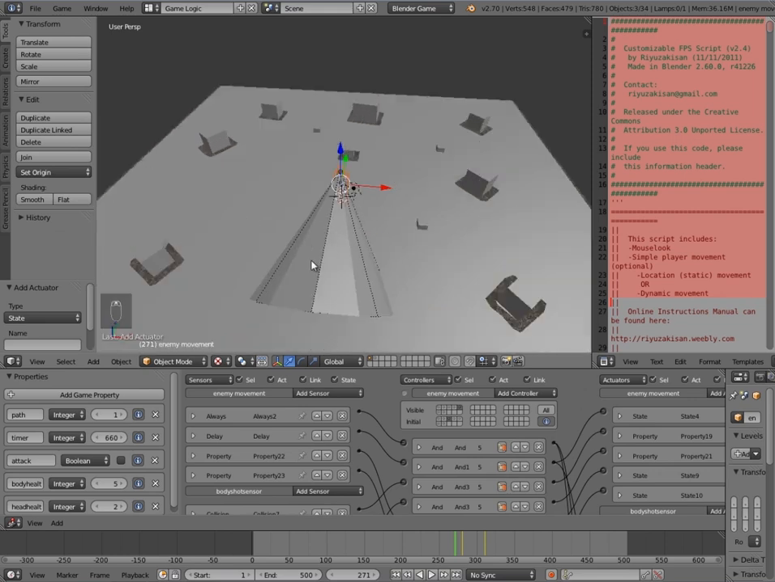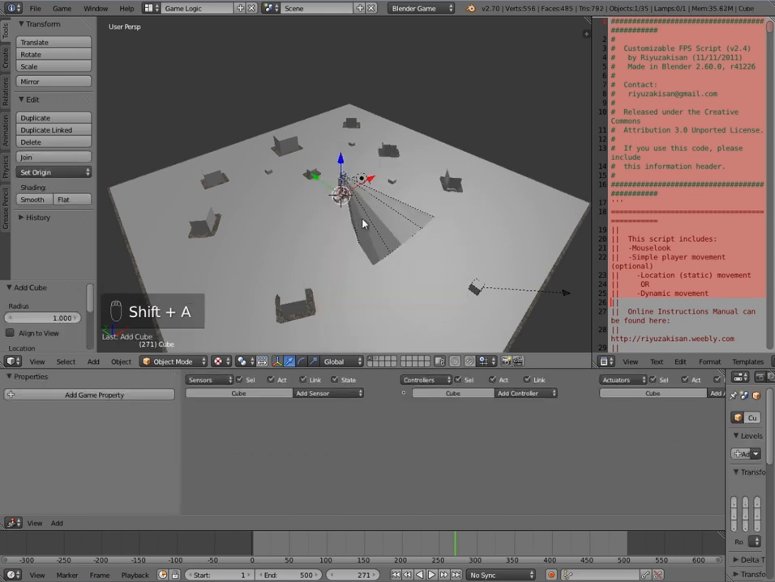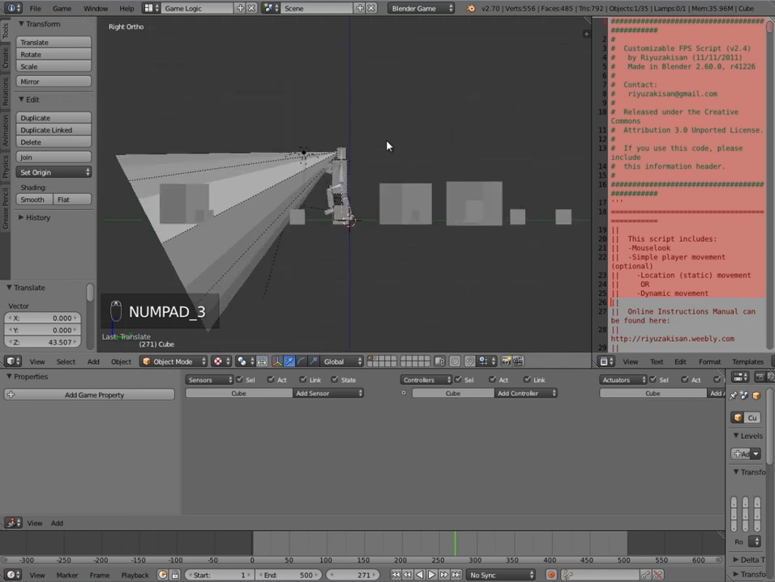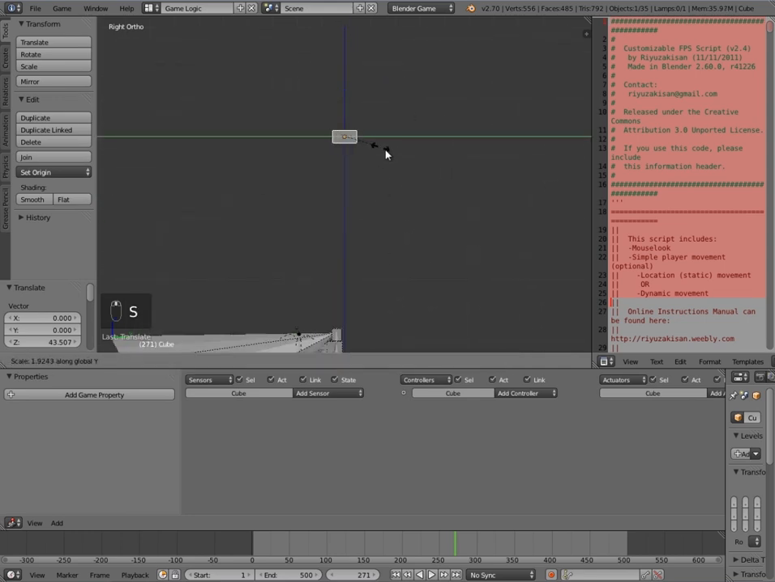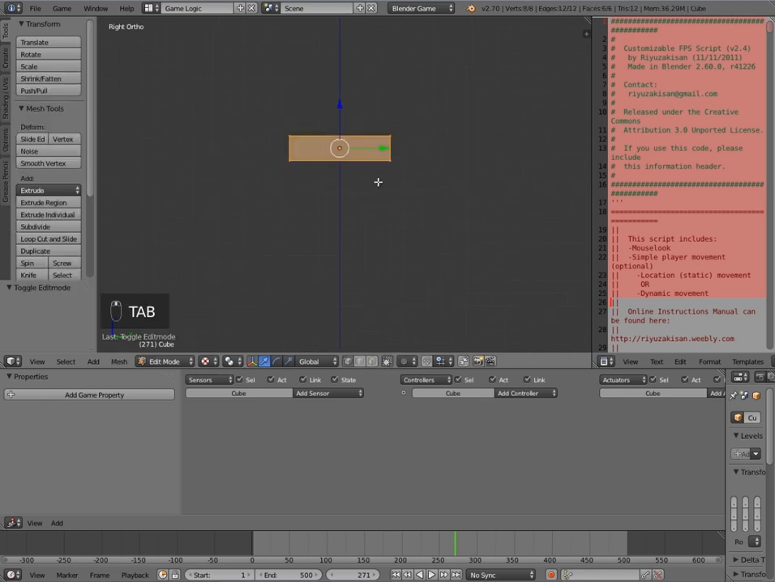So what I'm going to do now is give our player a gun. So I'm going to press Shift S, cursor to center, Shift A, add myself a cube, move it up like that, press numpad 3, and we're going to press SY to scale on the Y axis. Then I'm going to press Tab to go into edit mode, Z to go into wireframe, then I'm going to press Ctrl R to add a loop cut, move it down, click it there,